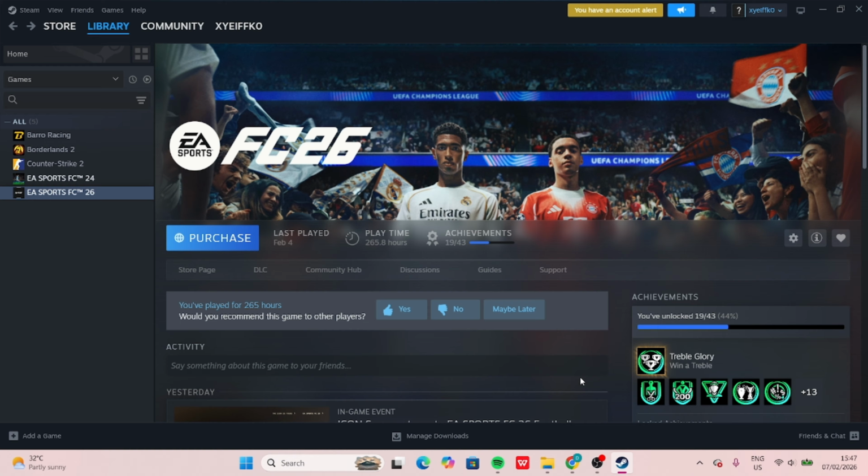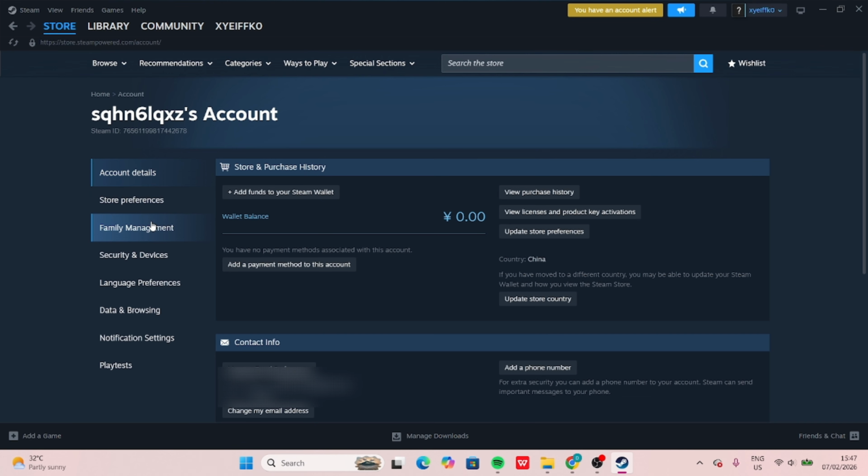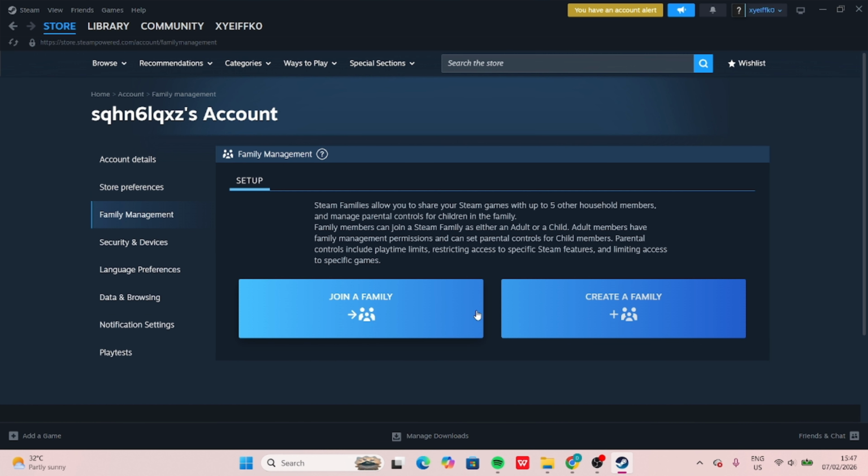So first you open your Steam and log into your account. After that, on the top right you will see your profile icon. You just click on that, then you click on account details. Then here in the left section you will see family management. You click on that, and here as you can see there are two options: either to join a family if